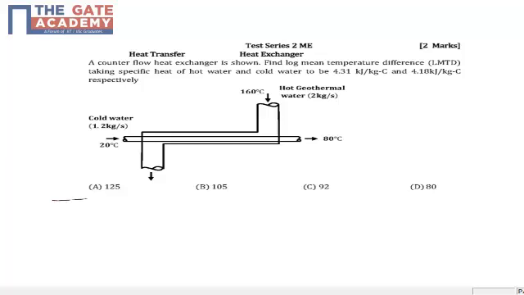Let's discuss a question from counterflow heat exchanger. So what we are asked is to find out the log mean temperature difference in this setup. So it's a counterflow heat exchanger. So let me just draw a simple